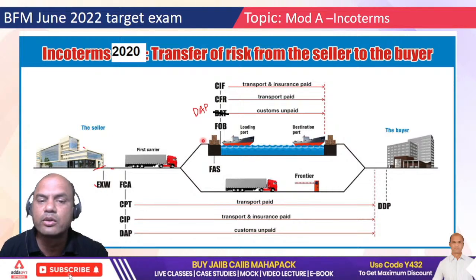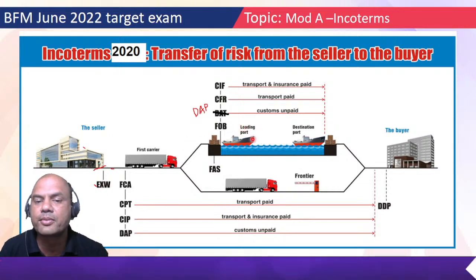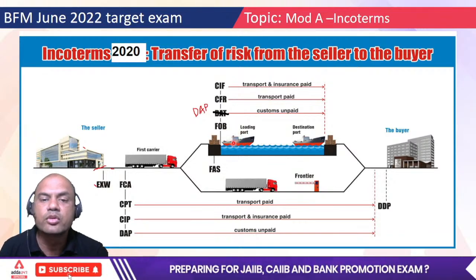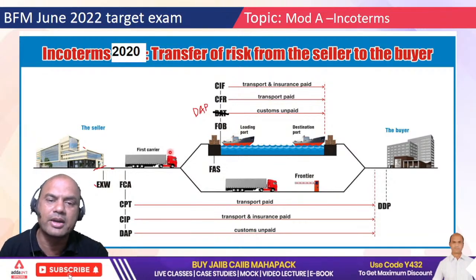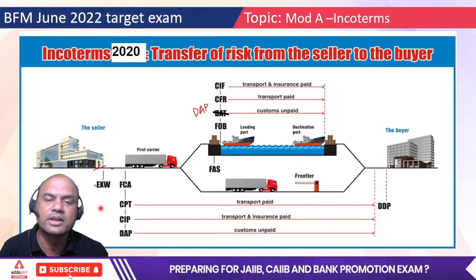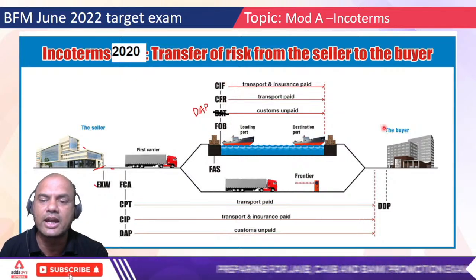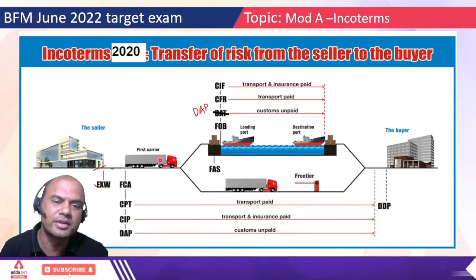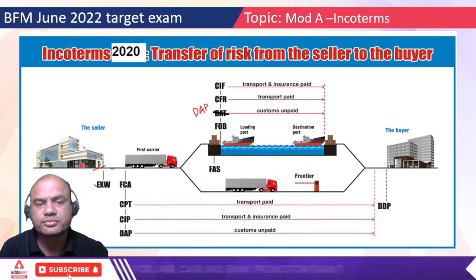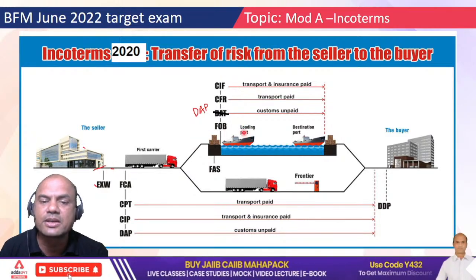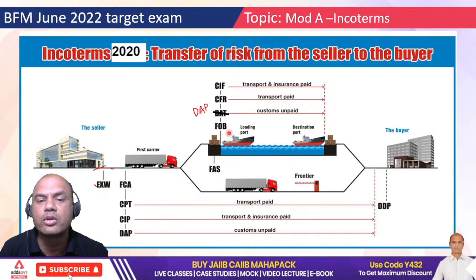If I say I'll load those goods on the ship, then it's called FOB, free on board. Okay, so what happens in FOB here? Why am I taking only FOB? Why not others over here? Because in the exam the important Incoterms for you are Ex Works, FOB, CIF and DDP. Okay, these are the four main important Incoterms. I'll take each one over here but give it to you in short. Okay, so if I tell you that I'll load it on the ship, then it's called FOB, free on board.